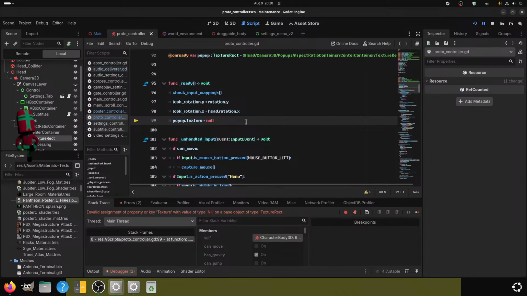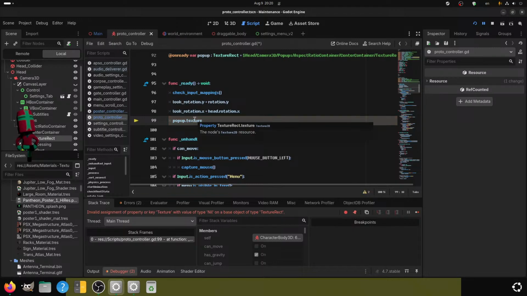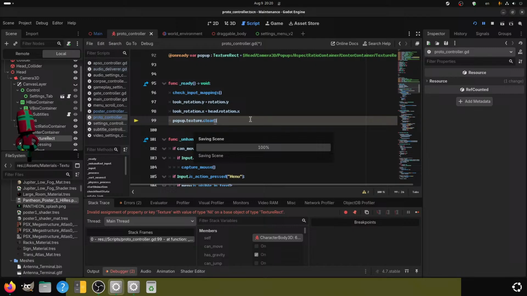No. Also, does it need to be texture? No, okay. Texture clear.